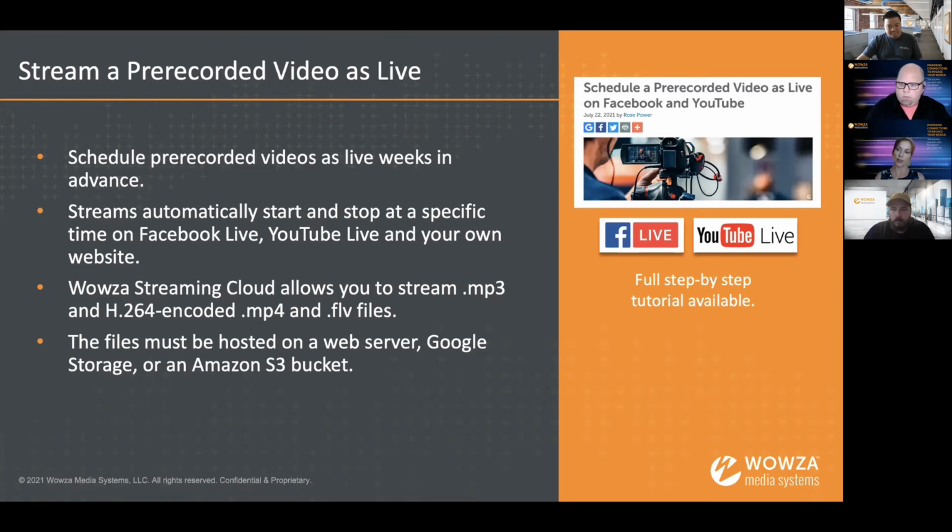Cloud will download that file for you, and it will stream it to Facebook and YouTube using the RTMP protocol, and it doesn't know that it's streaming a file. It just shows your video as live. So this is actually much more common than you may realize. And next time you see a live stream on social media, you may ask yourself now, is it really?